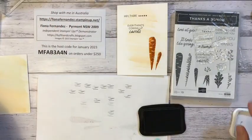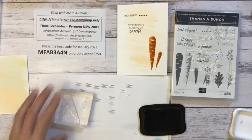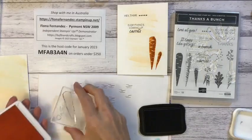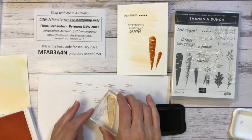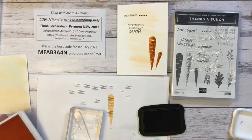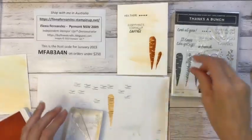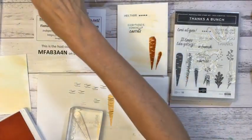Where is my carrot gone? There it is. Here is my big carrot. Okay, I'm just going to try a big carrot. See if it sort of fits on the top of it. I think it's just meant to be a background. That's a nice carrot size, isn't it? Right, what was I going to put on there? Let me think. I think I had out my...